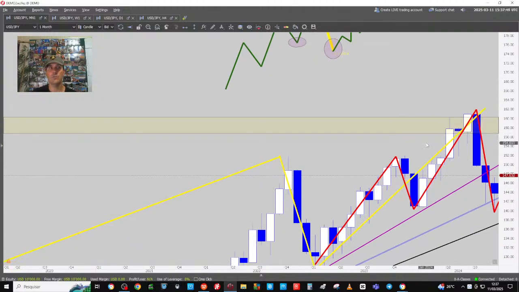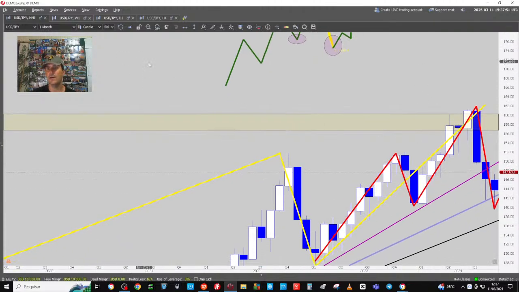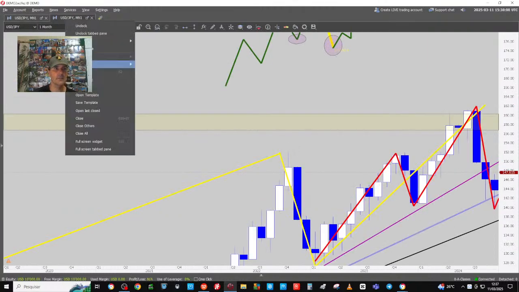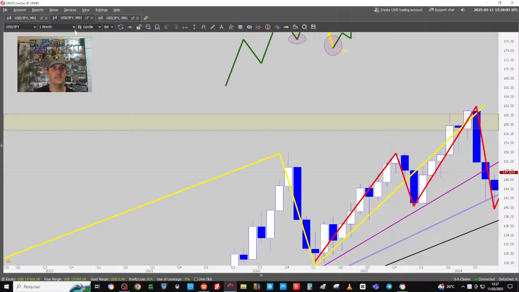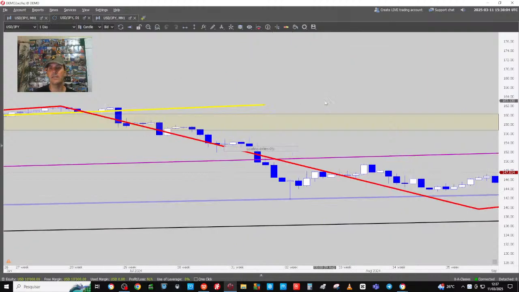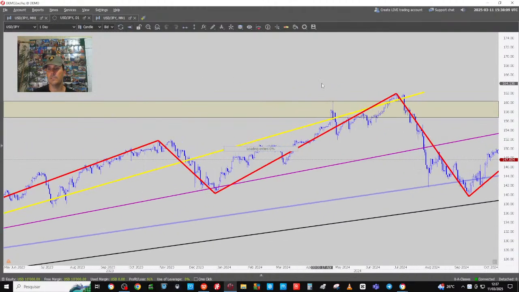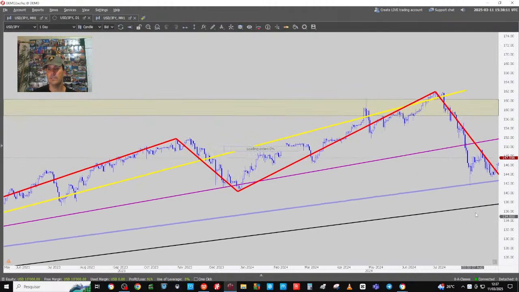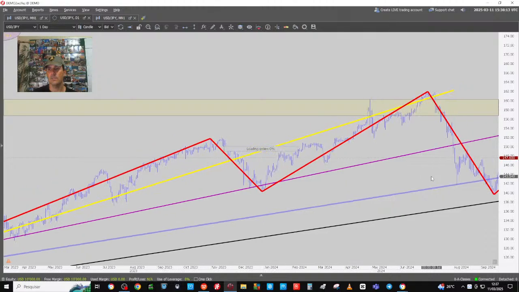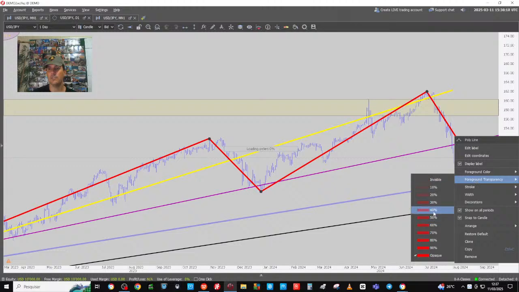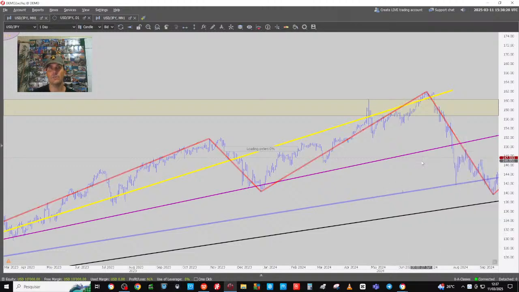So this was on the monthly, right? Now, I'm going to delete those, everybody, give me a second. If I clone chart, and clone chart, right? And I'm going to go now on the daily, everybody. Okay. I'm going to make it transparent for you to see the shortened trend on the monthly.